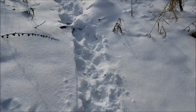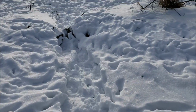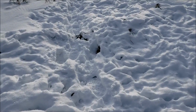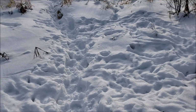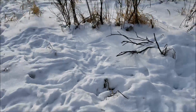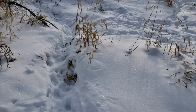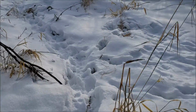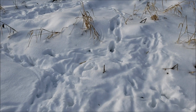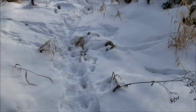Well, I checked all but two snares, and by the looks of it, the coyotes never came into the bush. They just skirted the edge of the creek. But there's a whole pile of deer that are moving in here, so it's looking like it's time to get out of here. Catch has been slow anyways, but with the deer and stuff moving in, I don't want to be catching any of them. So